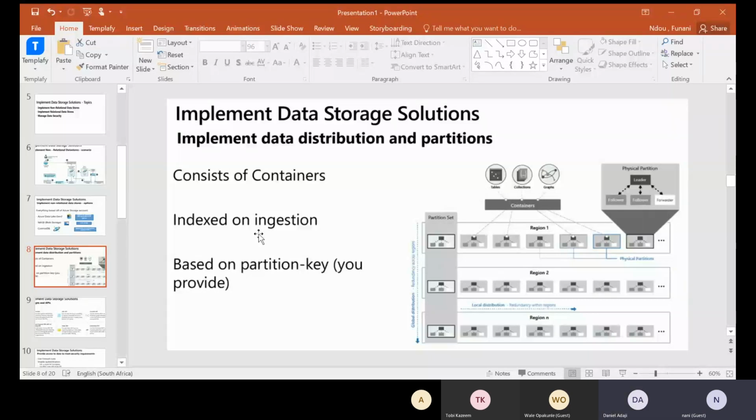So those are the type of things that they want you to have at the back of your mind to make sure that you become a good data engineer who thinks about cost-driven data storage